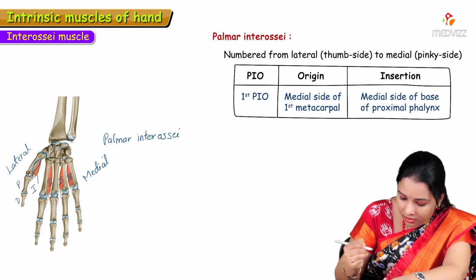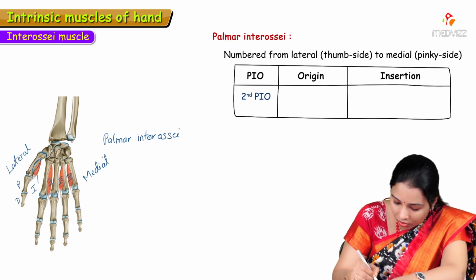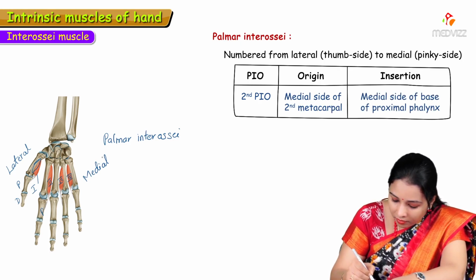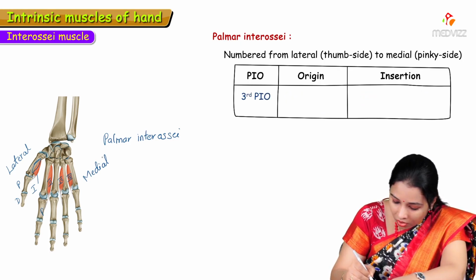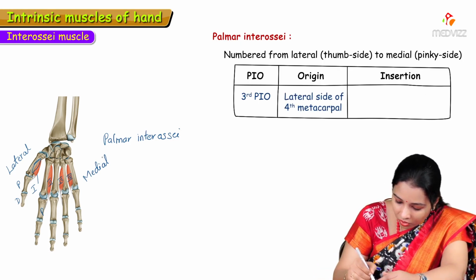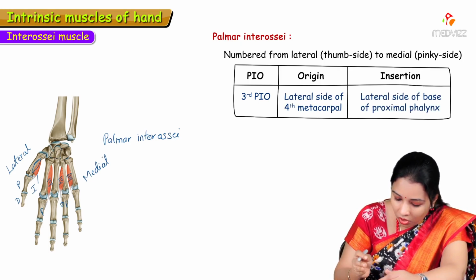This is proximal, this is distal phalanx. So you can see the second also gets origin from the medial side and gets inserted to the base of the proximal phalanx, whereas the third gets origin from the lateral side, not on the medial side. It gets origin from the lateral side and gets inserted to the base of the proximal phalanx on the